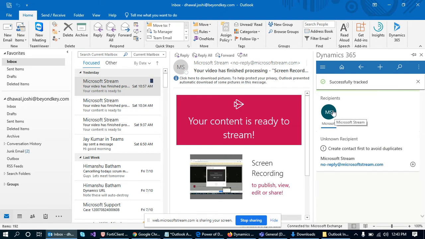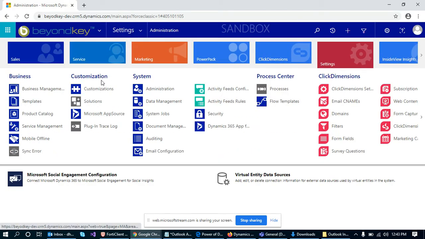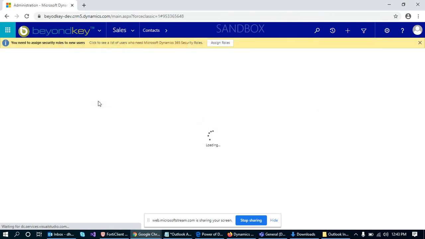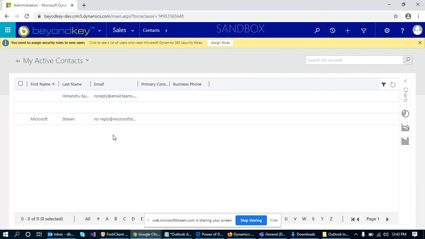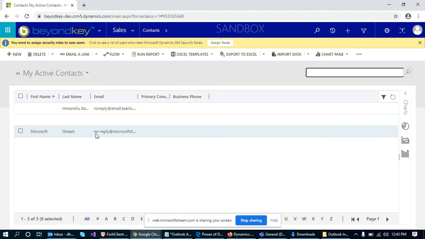Now we can go to the Dynamic CRM instance again. We can go to contacts with my name. As you can see, there is one more contact added since the email is tracked.